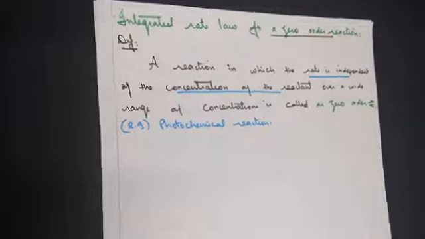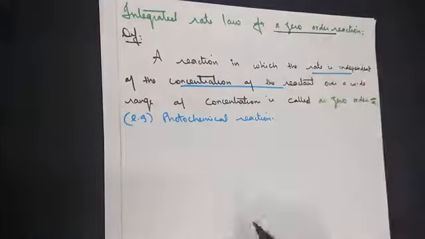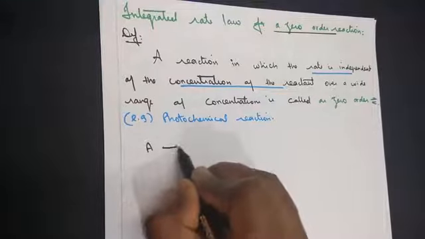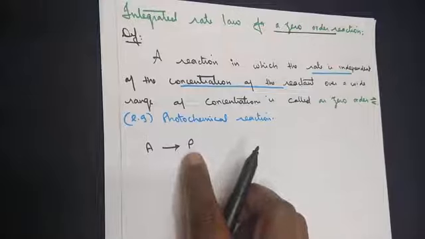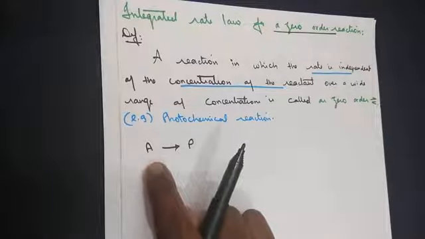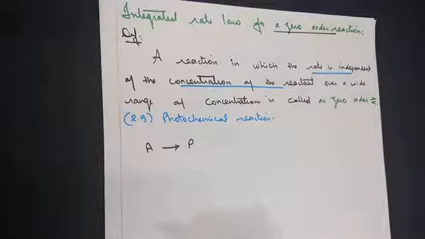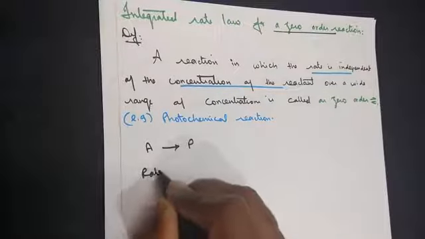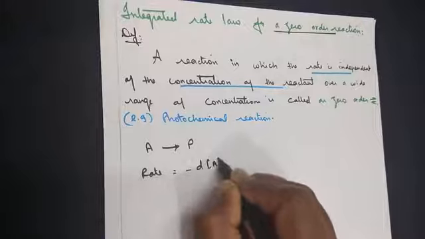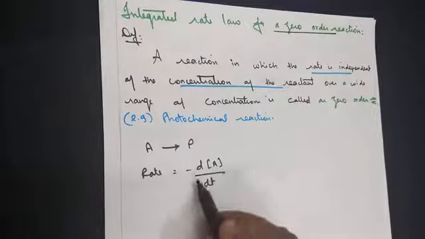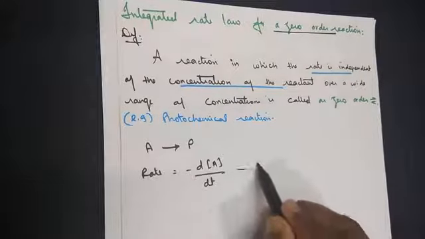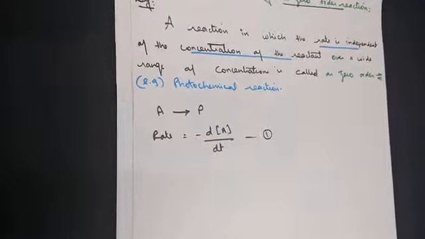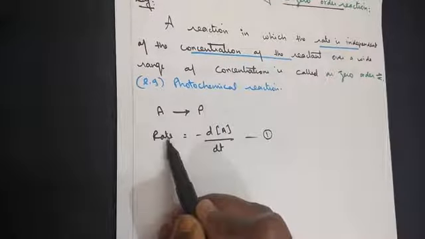So let's move on to the mathematical way of deriving the rate constant for a zero order reaction. Let's consider a reactant giving us the product. As usual, when we say rate of the reaction, it depends on the concentration of the reactant alone, not of the product. So let's write here, rate is equal to minus dA by dt. You understand why we write minus? It talks about the decrease in the concentration of the reactant. Consider this to be equation 1. This is the rate of the reaction.